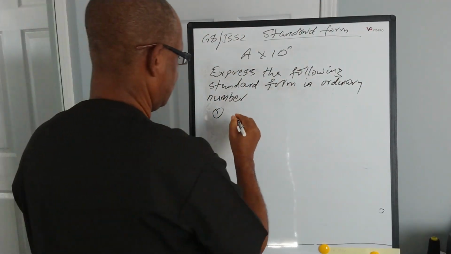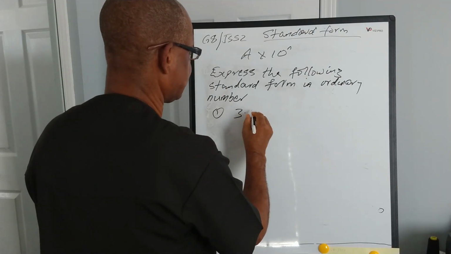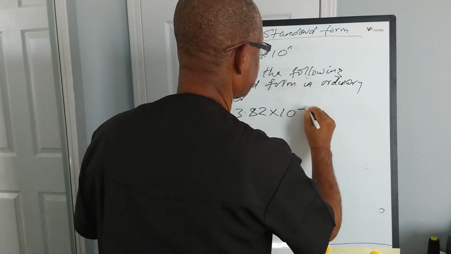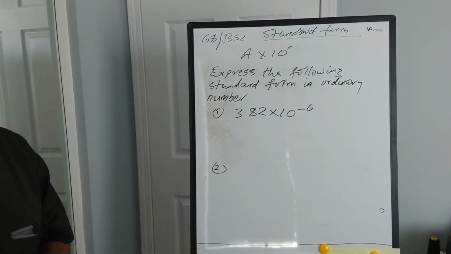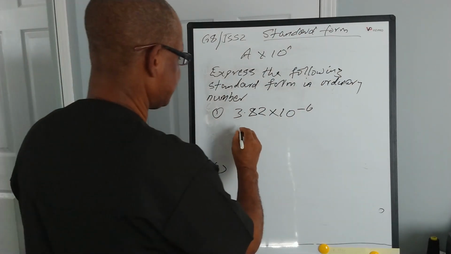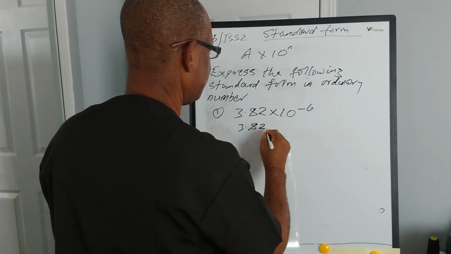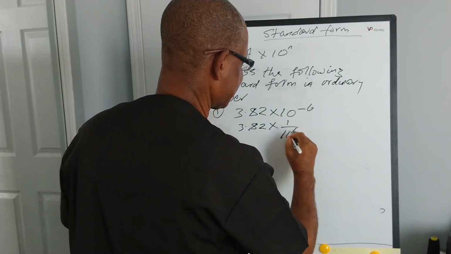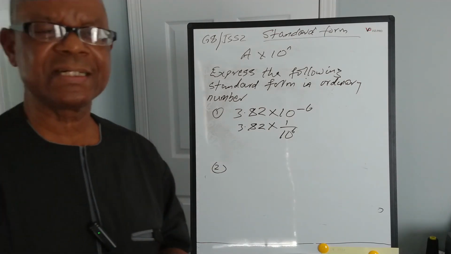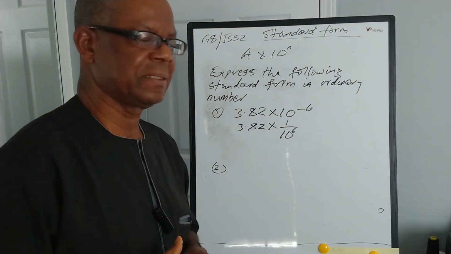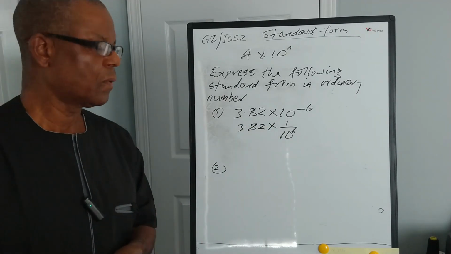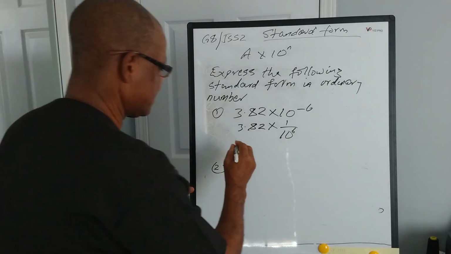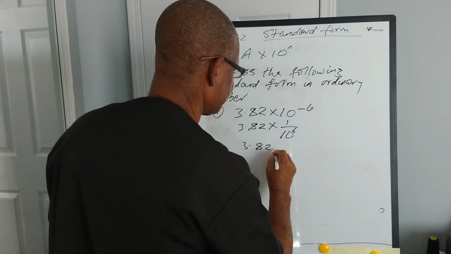We are expected to express 3.82 times 10 raised to the power minus 6 in ordinary form. This is the same as 3.82 times 1 over 10 raised to the power 6. Remember your indices: when the power of 10 is negative, it becomes 1 over that very number raised to the same power. This is the same thing as 3.82 times 1 over